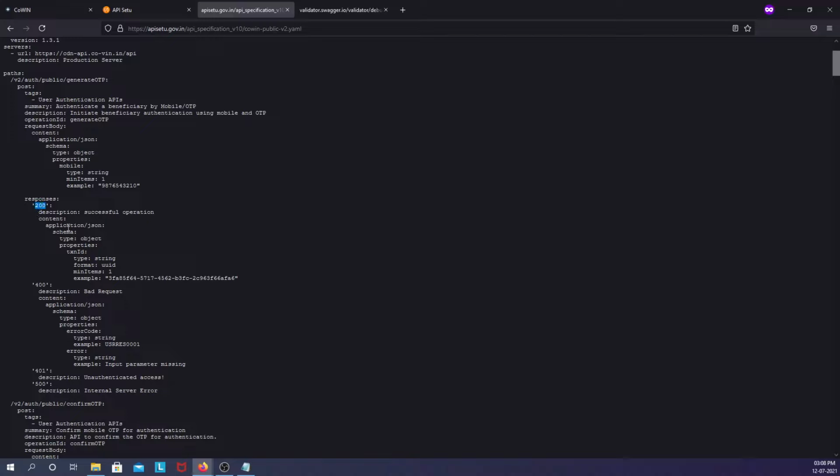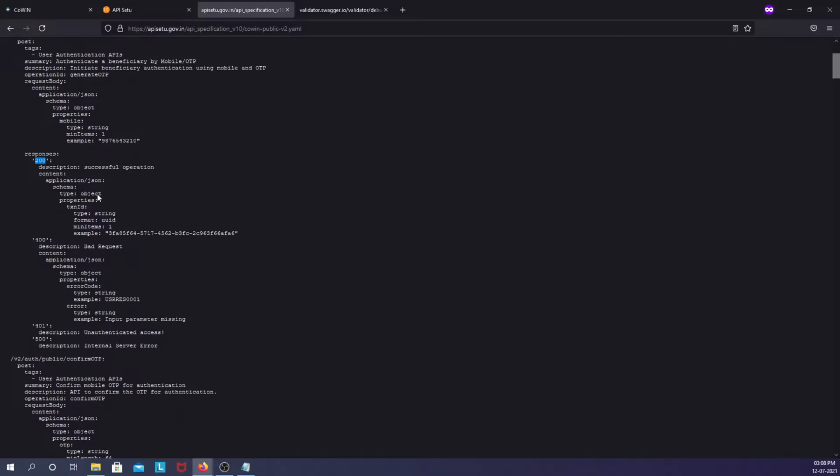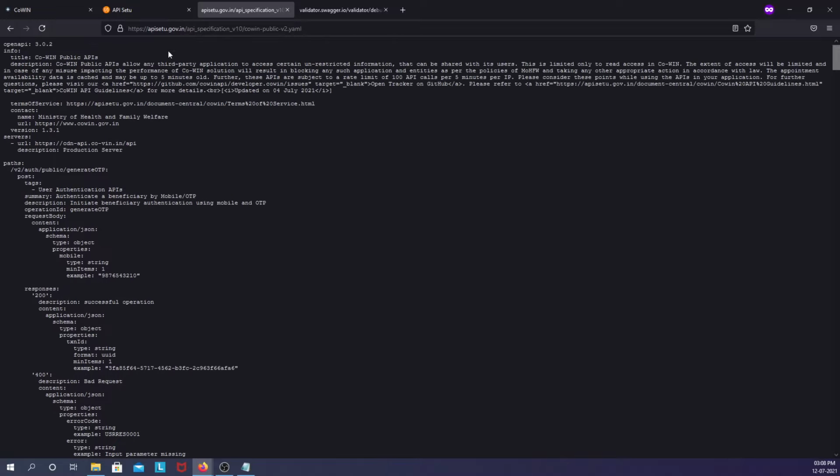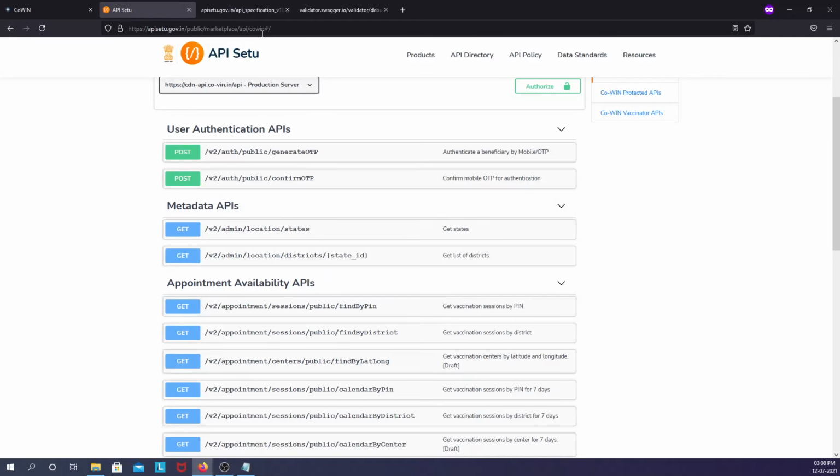A 200 response code represents a successful operation, and when this is a success, it responds with an object of this nature, like a transaction ID, which is of type string. So this is the YAML representation, which is equivalent to this.